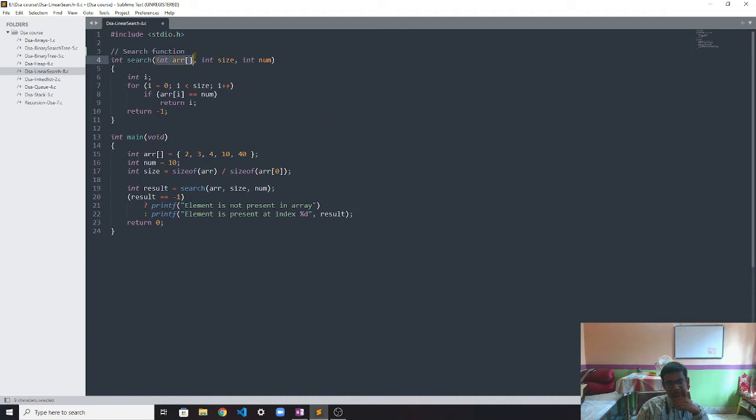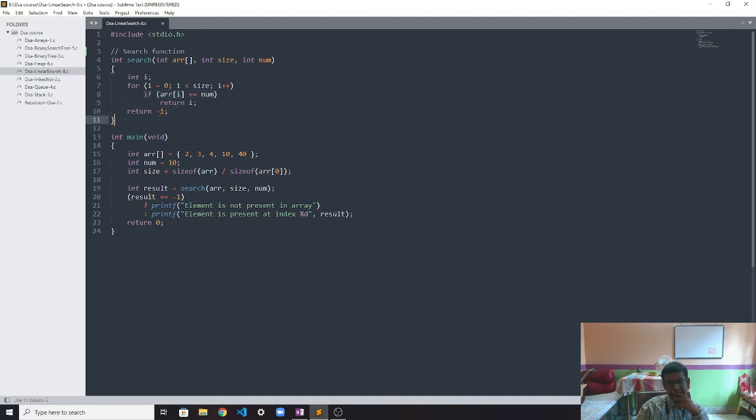We will take the array, its size, and the number, the element which we want to find. Here we implement a for loop, where i is equal to 0 and i should be less than size, which we take as a parameter. As we are iterating through each element, if arr of i matches the number, then we return its index, or if this statement fails, then it will simply return -1.